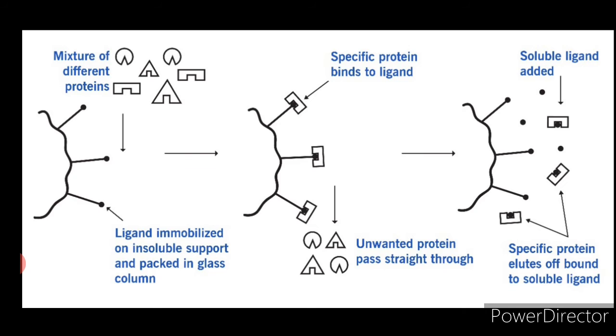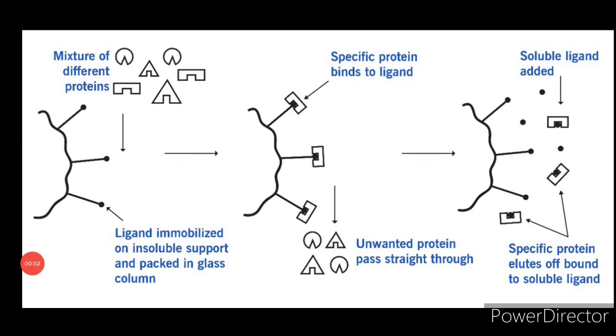Because this technique exploits the specific, often unique binding properties of the protein, it is often possible to separate the protein from a mixture of hundreds of other proteins in a single chromatographic step. Commonly employed combinations of immobilized ligand and protein to be purified used in affinity chromatographic systems include an inhibitor to purify an enzyme, an antibody to purify its antigen, and a hormone to purify its receptors.